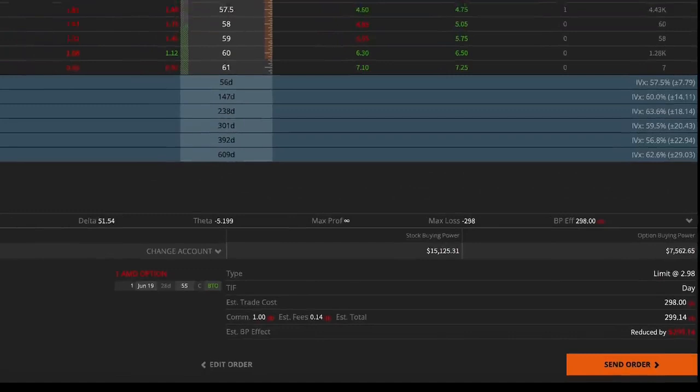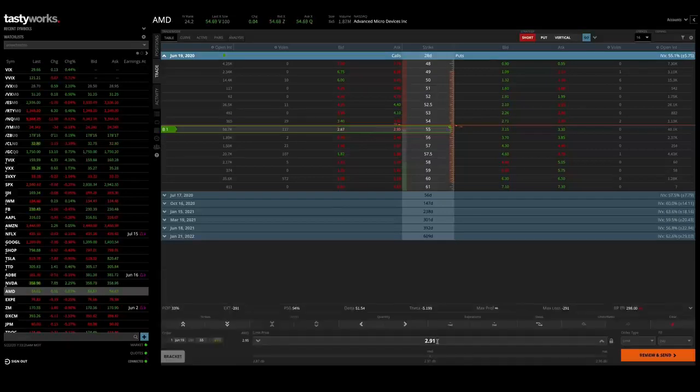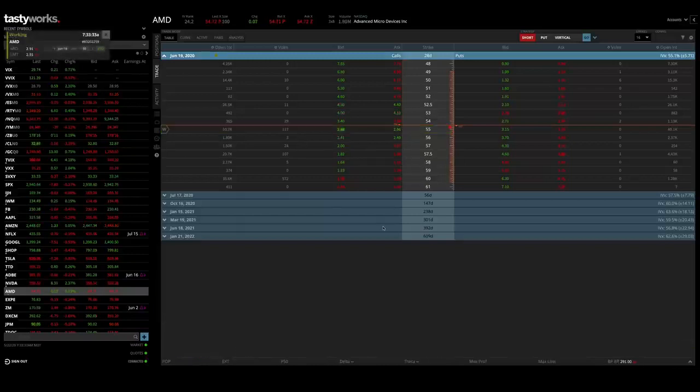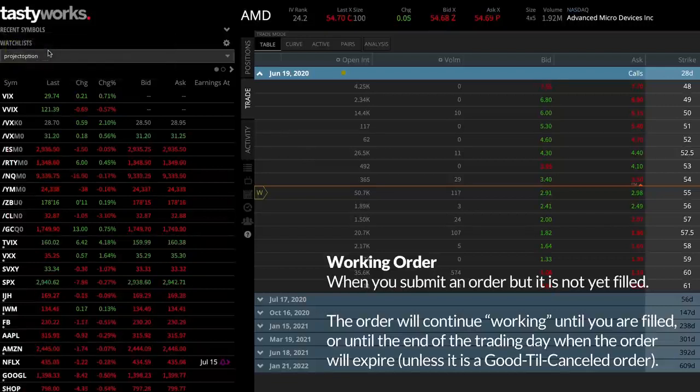So let's see, the ask price is now $295, the bid is $286. So this option is falling. If I tried to buy this at $298 right now, since I'm buying above the market, so to speak, I would be filled instantly. So I don't want to do that. I want to edit the order, and I'm just going to route this really quickly at the current mid price of $291. So review and send order, and now it is a working order,